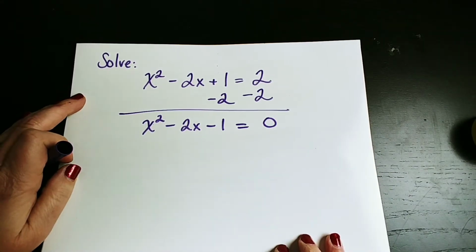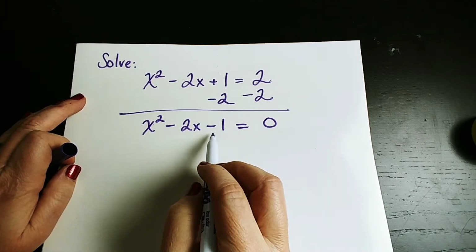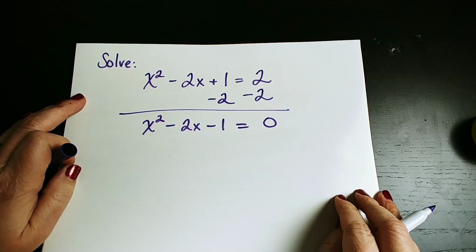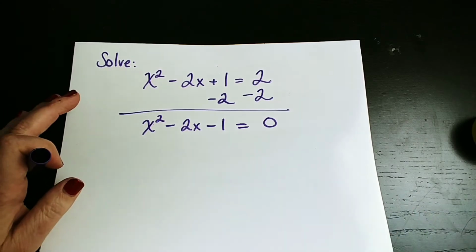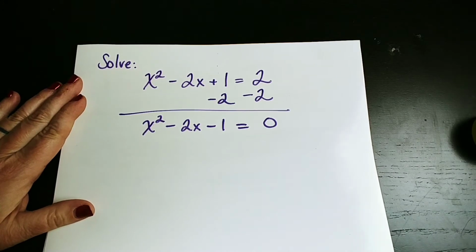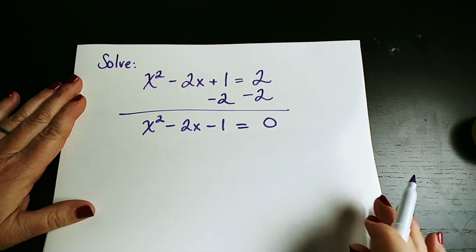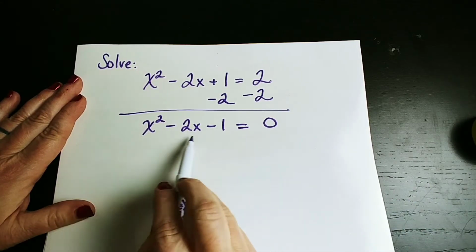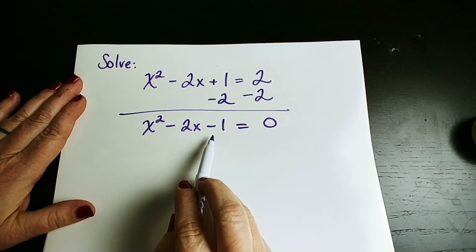Now remember, a lot of you might be thinking, all right, factors of negative 1 that add up to negative 2. Well, first of all, they don't exist. And second of all, we were asked to do completing the square. So completing the square is a process. It's not a formula. I find it easier to remember. So what we're going to do is talk about why this process came to be. Completing the square takes something that's not a perfect square trinomial and makes it one,